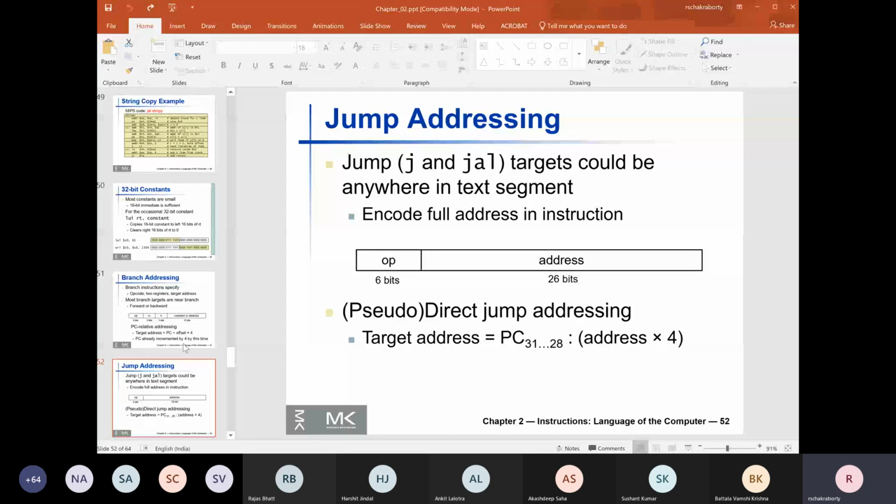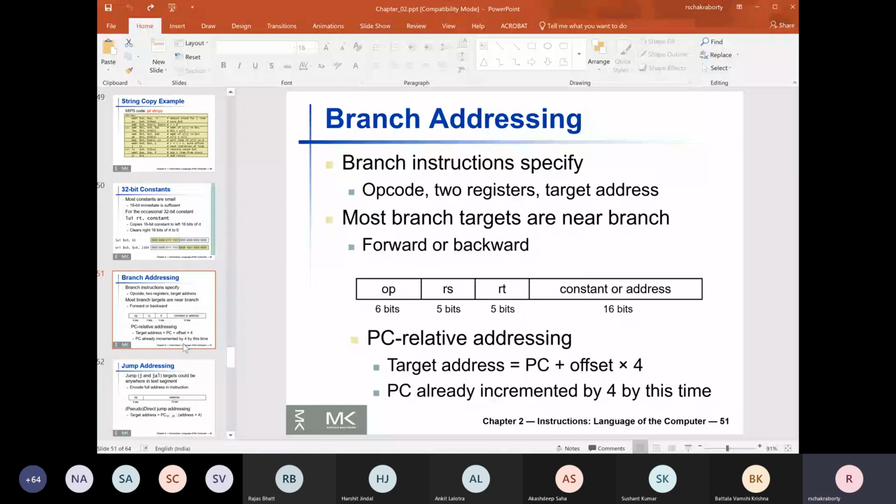Nobody multiplies anything by 4; it is left shifted by 2 positions. Then it is just concatenated with the PC to obtain the overall address. This is called pseudo direct jump addressing.